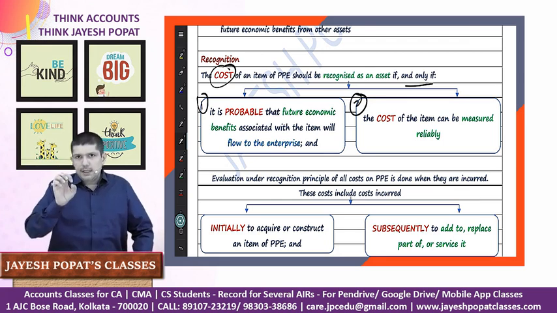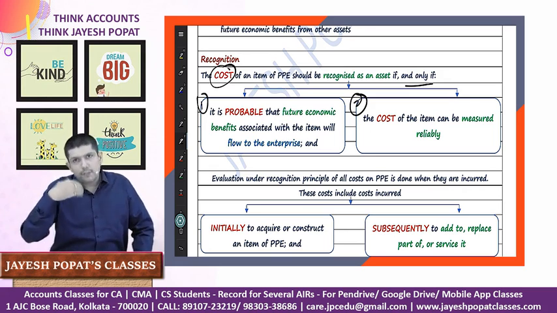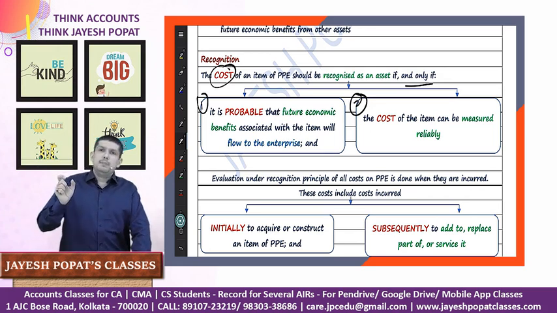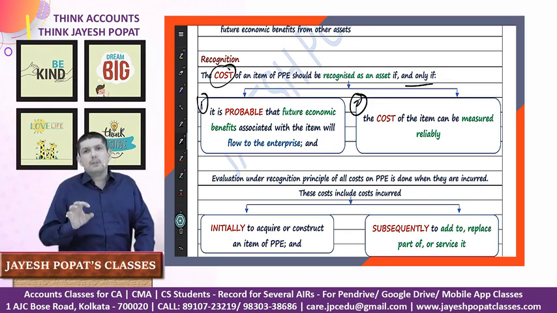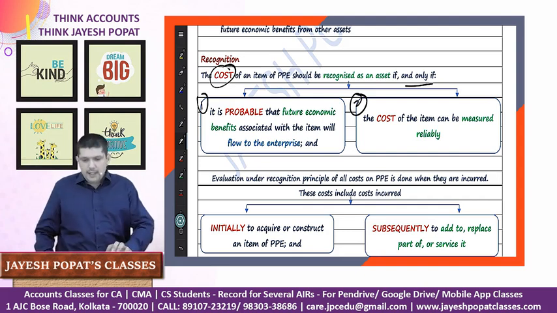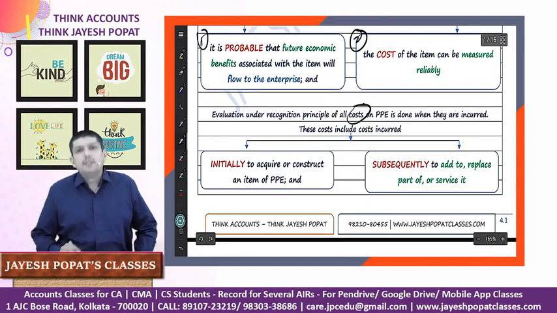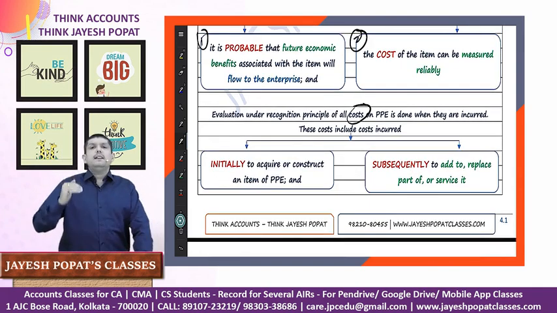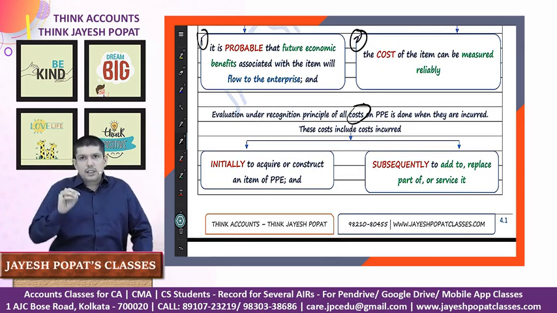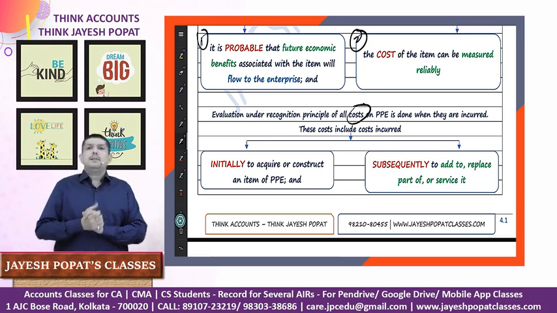So it says that for the expenditure you are incurring in PPE, you are expecting that the enterprise will get benefit out of that expenditure in future, and the cost of the item of PPE can be measured reliably. Normally there is no problem in, let's say, identifying the cost of an item of PPE. And when we talk about the cost of an item of PPE, there are two levels at which costs are incurred. One, when you are making or acquiring the PPE, that means the cost incurred till the time you make the initial recognition,